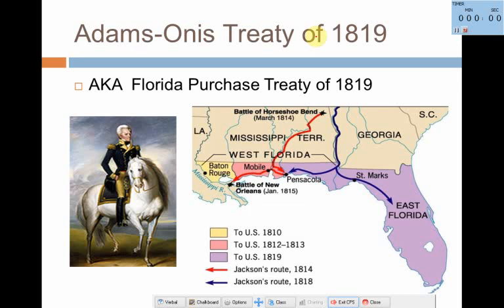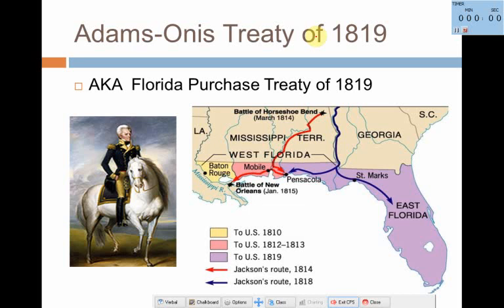Fun story, folks. One of the reasons why Spain felt compelled to sell it is our good friend Andrew Jackson here. His job was supposed to be to chase down Native Americans who were attacking America. So he decided to chase the Native Americans all the way into Florida. Now, are we allowed to do that? Is that our territory? No, so he went into Spanish territory and defeated the Seminole Native Americans. And he said, well, while I'm here, I might as well take over the rest of Florida. So he also defeated the Spanish forts in Florida.